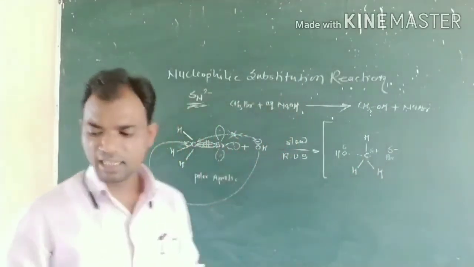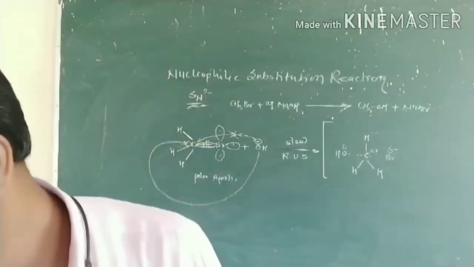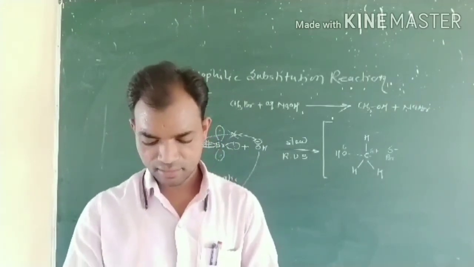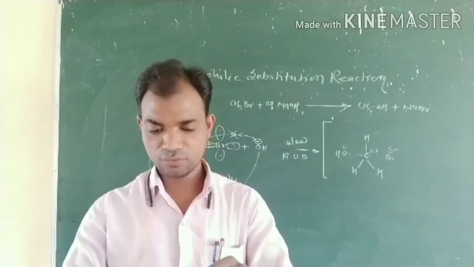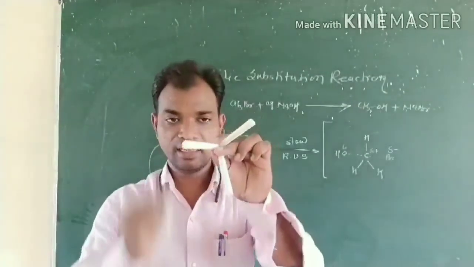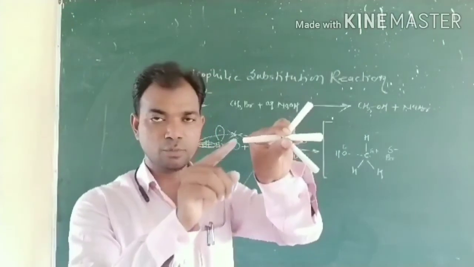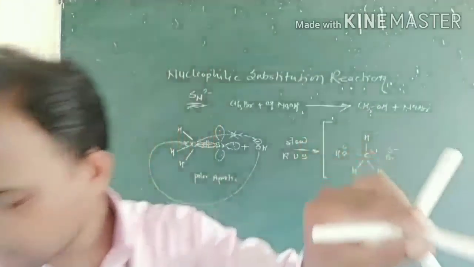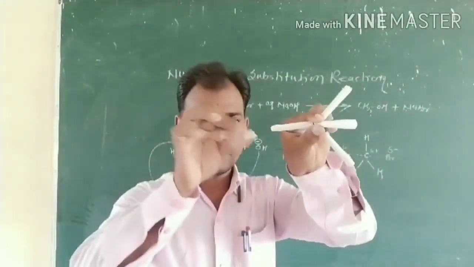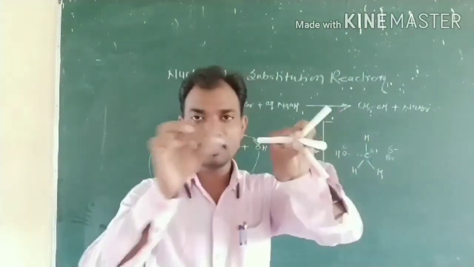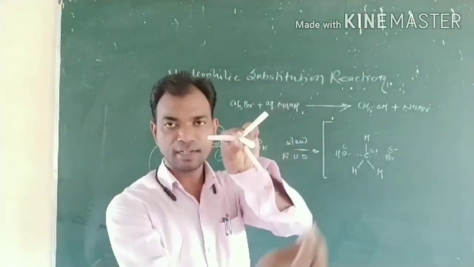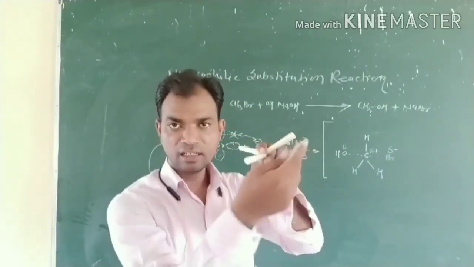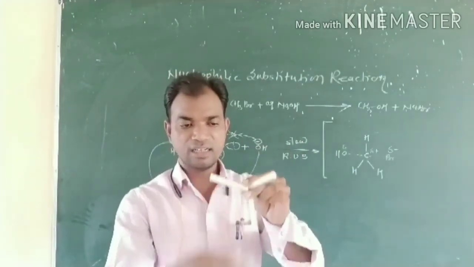Because this structure looks like an inverted umbrella shape, like that. Okay, just a minute. Okay, and here the bromine atom. Here one hydrogen, here one hydrogen, here one. When the nucleophile is coming from the front side, then the bromine repels that nucleophile, so that's why it tries to attack from the back side. That oxygen atom also carries 2 lone pairs of electrons, so that's why the structure changes like that.